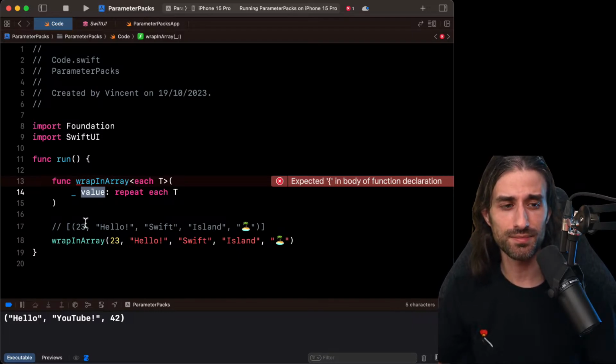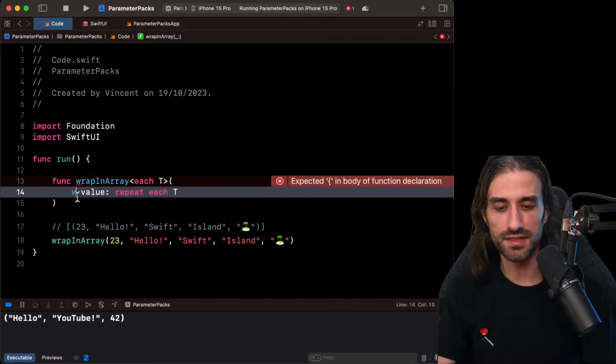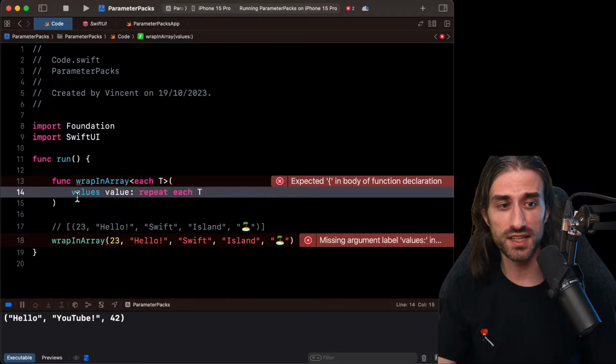So the convention that seems to exist is that when you define an internal name for the argument, you do it in the singular, because inside the function you will say repeat each value. And if you were to define an external name, then you would put it in the plural, because at the call site, you are providing several values. You would say wrap in array values 23, hello, Swift, Island, etc. So it's interesting to note this.